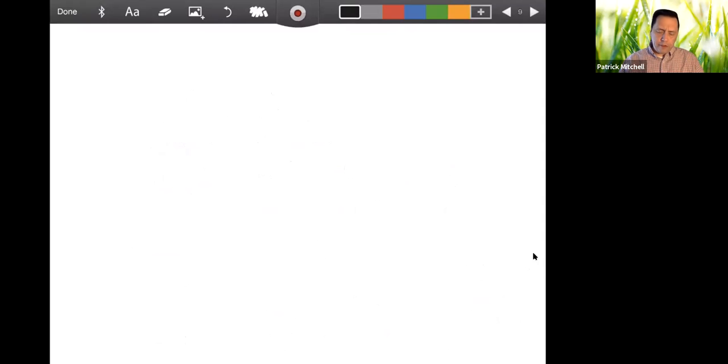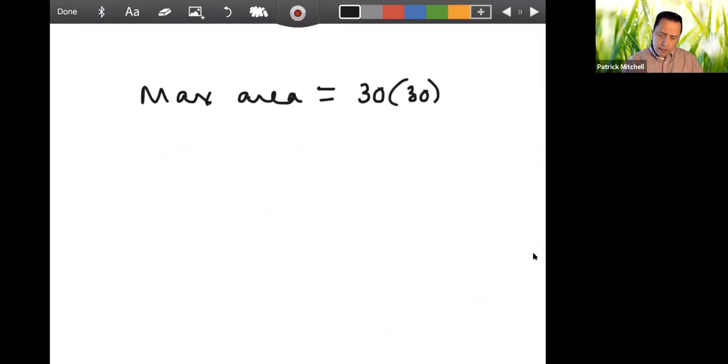Now, we've only answered one of their questions. The other question is, what is the maximum area? That's easy. We know the width is 30. We know the length is 30. That comes out to 900 square feet. All right. This kind of problem is important in calculus. This is called optimization when you get to calculus, and you learn how to do it with other kinds of functions besides just quadratic functions. All right. So now, going back to the presentation,